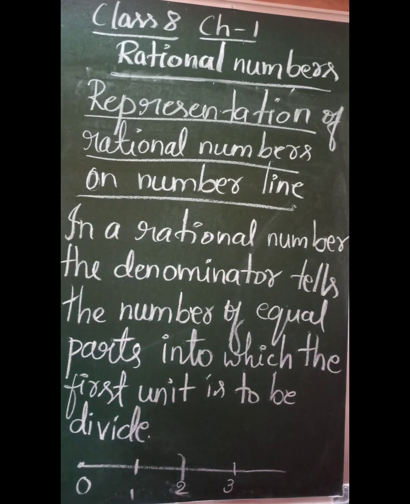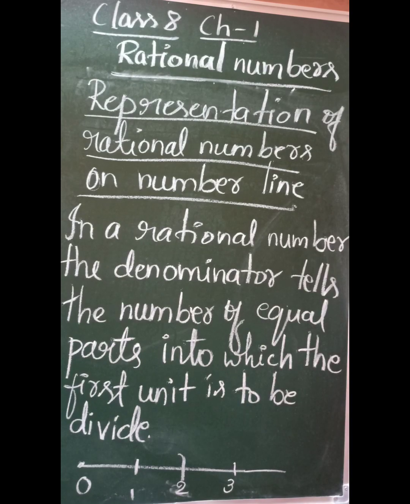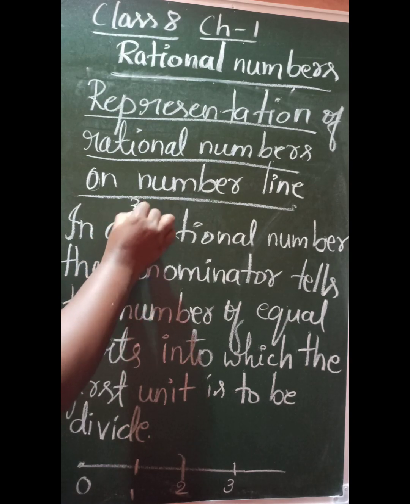The next topic in this chapter is representation of rational numbers on the number line. If a question asks you to represent a number on the number line, first think whether they are asking for natural numbers, whole numbers or integers. If it is only natural numbers, you should start with 1. If it is whole numbers, you should start with 0 on only one side. If it is integers, you should consider the number line on both sides, the positive side and the negative side. For a rational number, for example 3 by 2,